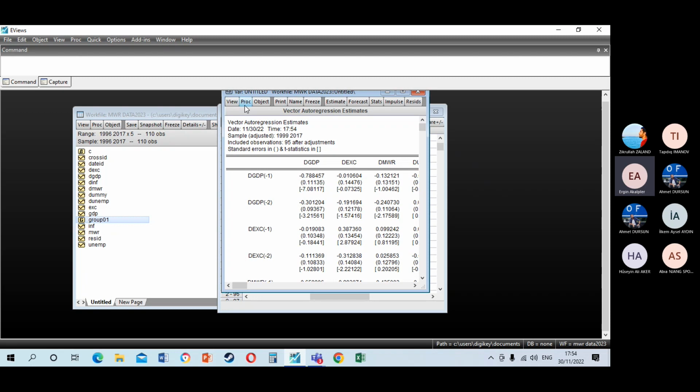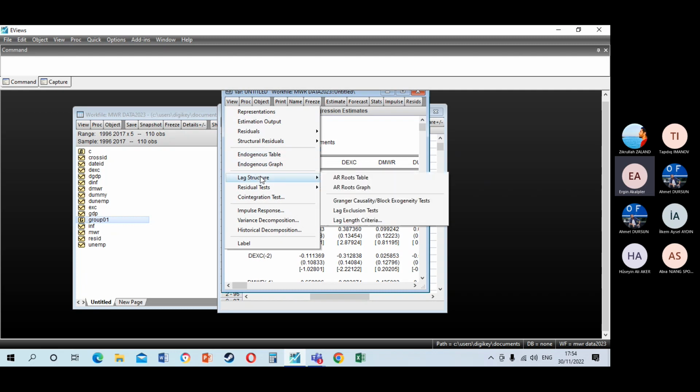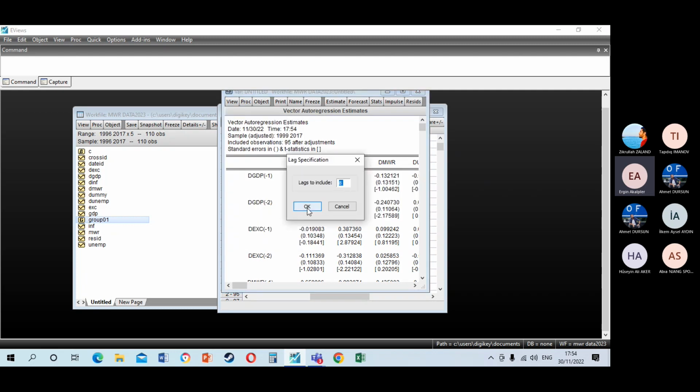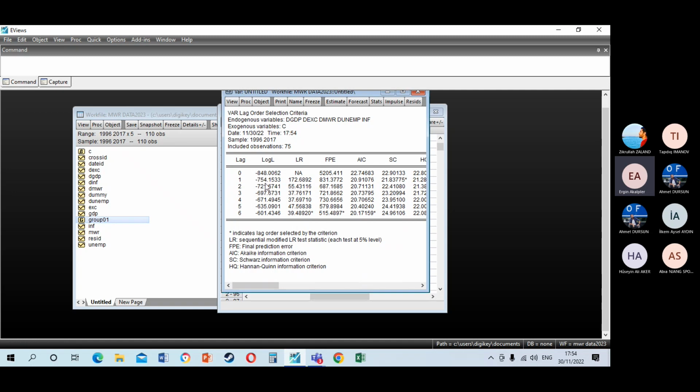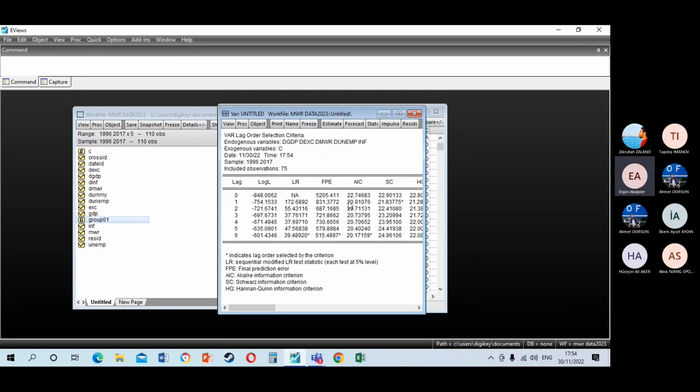Then from here, we will go to the view again and go to the lag structure, the lag length criteria. We can reduce it because the lag is usually preferred small. Let's say 5, 6, and then we have here, and I prefer the first for using my estimation. You see the smallest Schwarz criteria